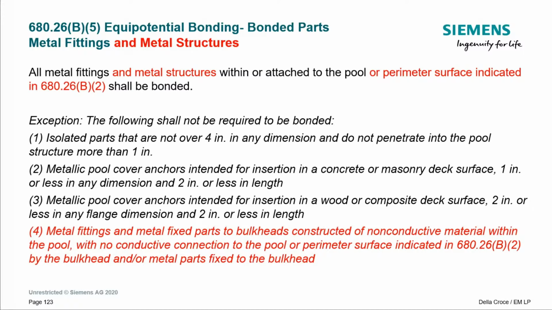Except it says the following shall not be required to be bonded. Number one, isolated parts that are not over 4 inches in any dimension. Okay, so 4x4, not over 4 inches in any dimension. Okay, small piece. And that do not, okay, is the "and" in there? That's an important word because